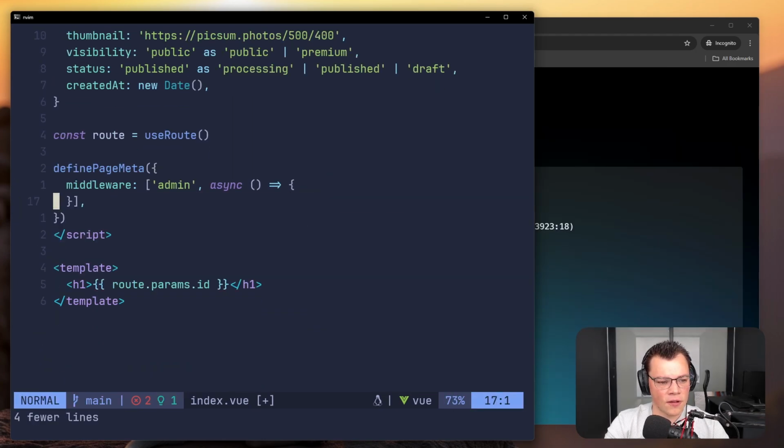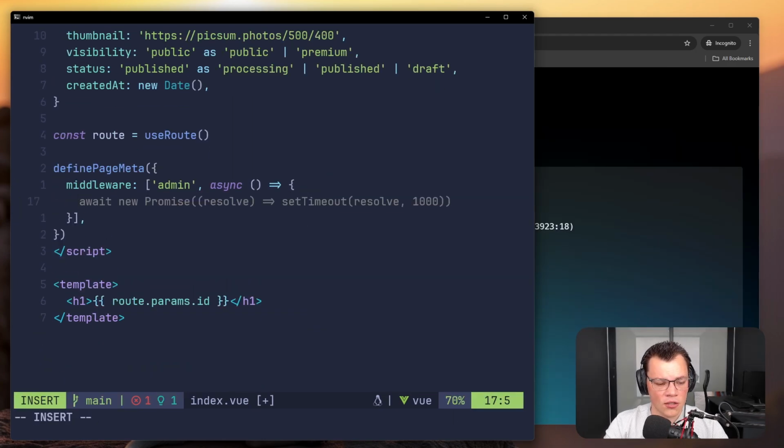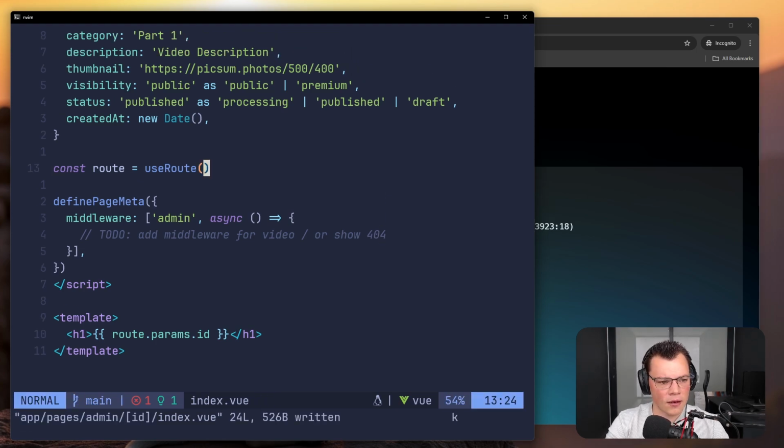Once we actually fetch data, then that won't be an issue, because we'll define it in a separate middleware, or we'll just basically check if the video is not null or something like that. But what we can do is just add a to-do: add middleware for video, or show, something like that. We could do something like that, but